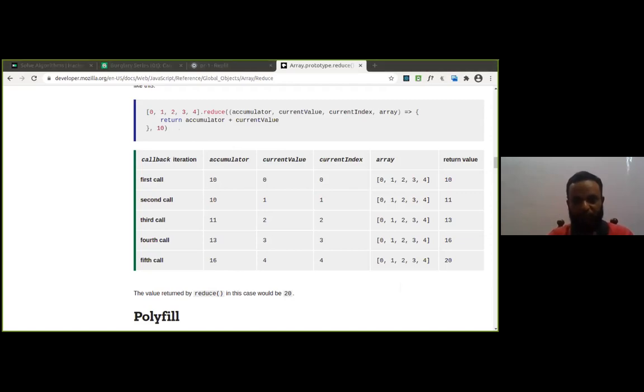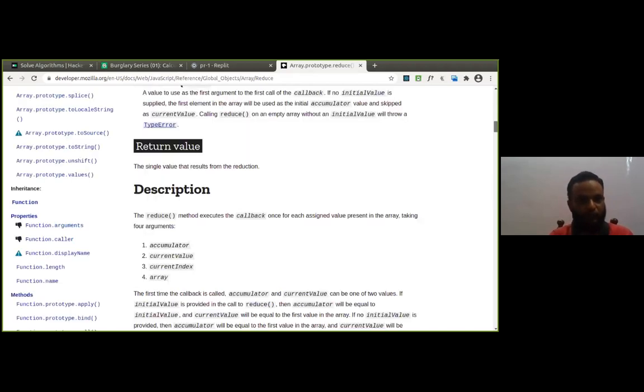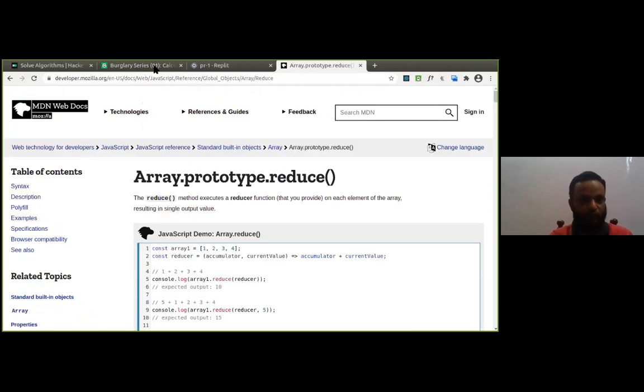And at the end, at the fifth place, we get the result 20. Why I have taken this example is that it was very simple. So better to refer to the MDN docs for anything, the best documentation we have.